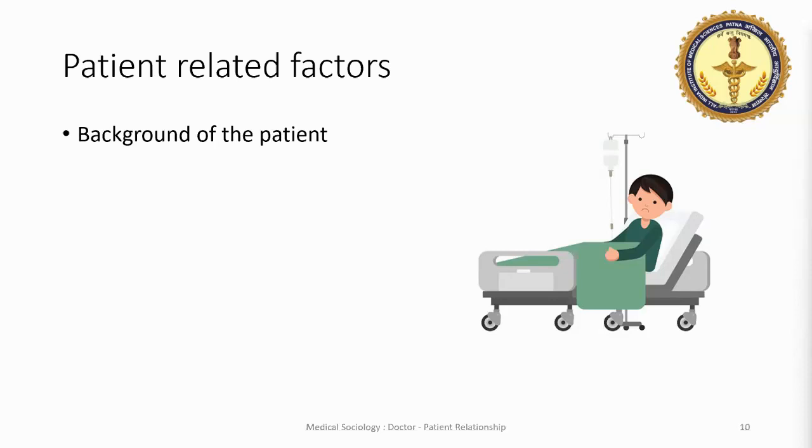The second patient-related factor is the cultural context. So we are living in India, a culture where it is important not only to convince the patient but also to convince the family as well. For example, if you're advising an 80-year-old female with severe osteoarthritis to go for a total knee replacement, it is not essential to convince only the patient for the surgery, but you should convince the whole family. Only then will the surgery happen and the patient get the benefit of the treatment. Hence, it is important not only to build a good rapport with the patient, but also to have a very good rapport with the family of the patient.